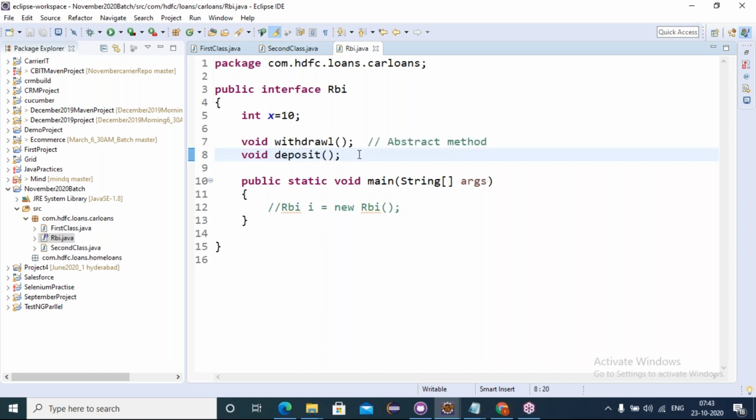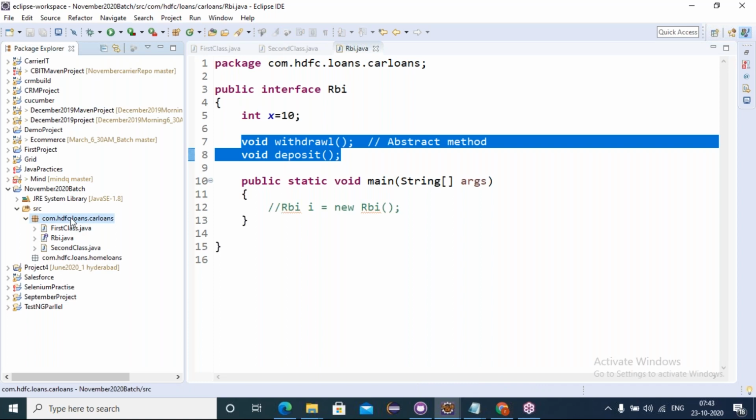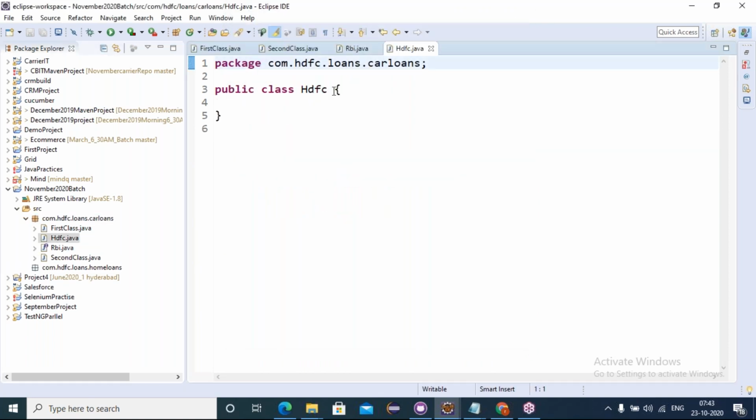How is it given to the children? While registering the property to the child, the child will start constructing on the property the father gave. In the same way, how can we give the interface's abstract methods to some child class to implement? Let's create one child class, a new class HDFC. In this class, I would like to implement the interface abstract methods. How can I implement? There is a keyword called implements. Don't need to type completely, friends. Just give 3 characters and press control space. IMP control space. That's it. Implements. What do I need to implement? RBI.